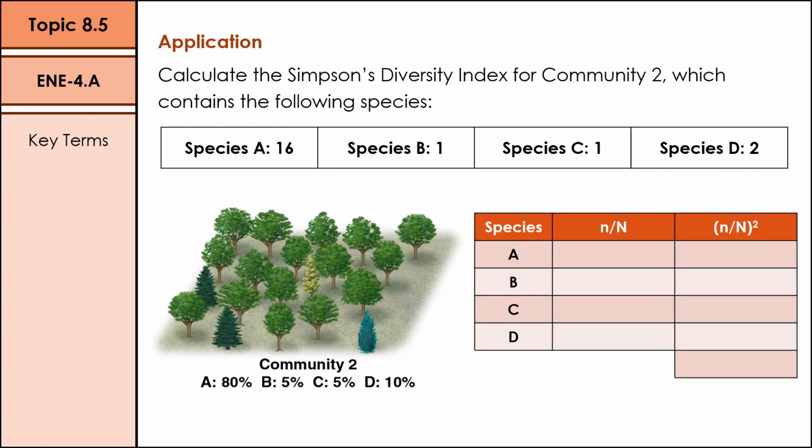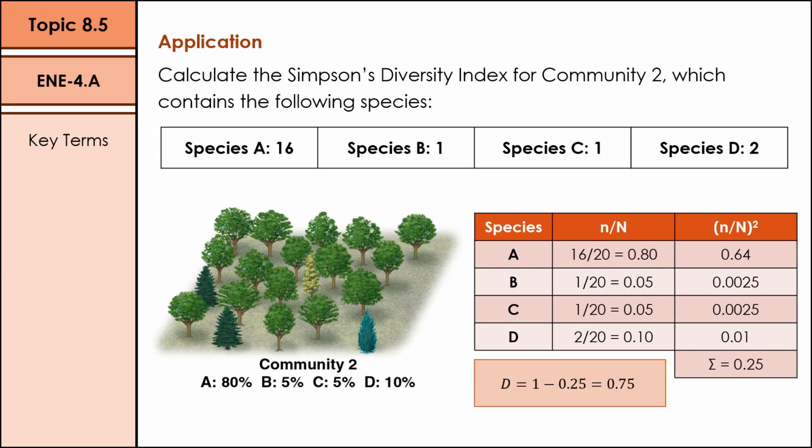Okay, welcome back everybody. Let's see how we did. So for this particular example, I already provided you with the proportion of our individuals within this particular community. So those percentages that we have, if we convert those to decimals, that takes care of our initial calculations for the proportion within this community. And all we really have to do is square and then sum. So if we square and then sum, we find that the sum is approximately 0.25. And the piece that a lot of people forget about is that we do have to subtract that from 1. So that ends up giving us a diversity index of